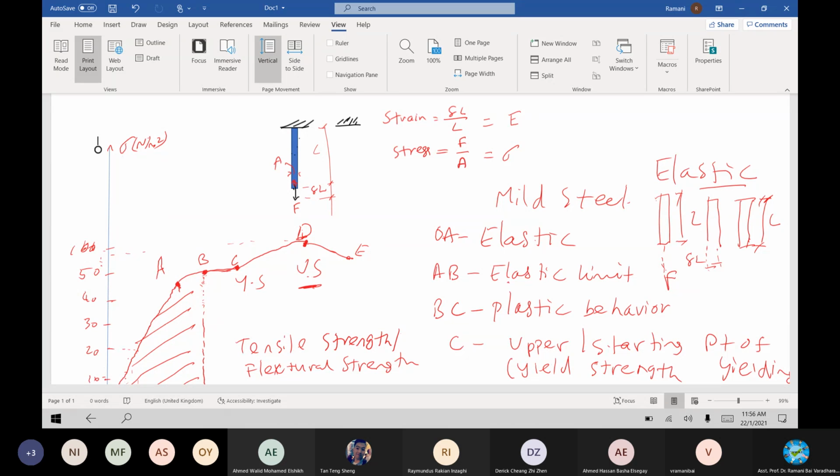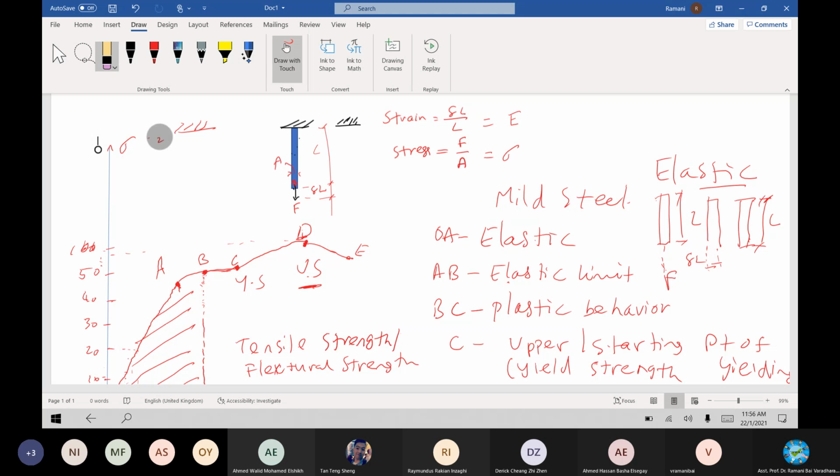So if you want to draw the diagram, it's so interesting if I draw it. At this point, the structure will be like this. Wait, I have a space here. One moment, I'll show you here. The member, originally it is like this, right? Due to loading, initially there was a length extension at the bottom, right? Later on, it will show in the body itself. Okay, like this. Initially there was an elongation in the bottom section, right?